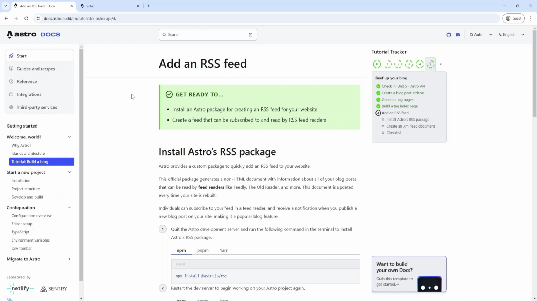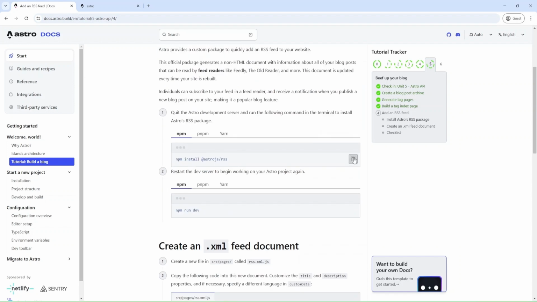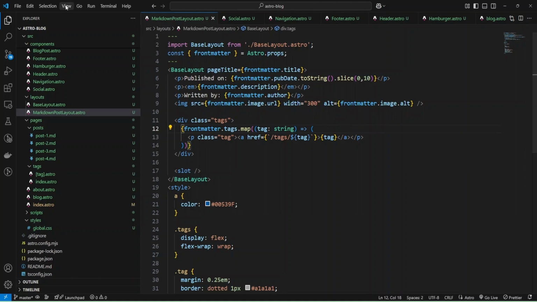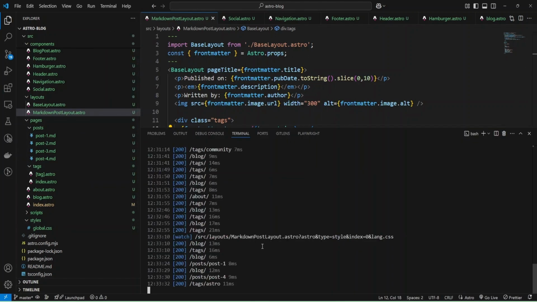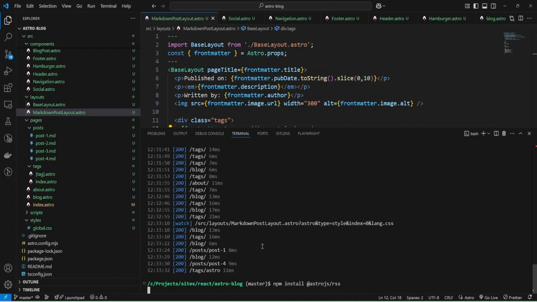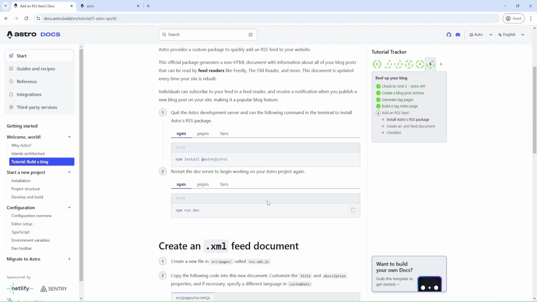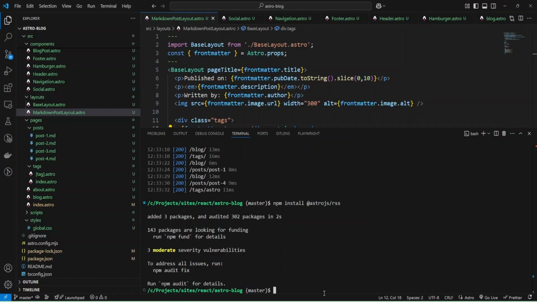add an RSS feed, and for that I need to install some package, and I'm going to open my terminal and install dependency, and then I'll run dev server.